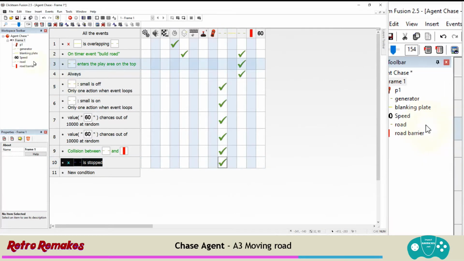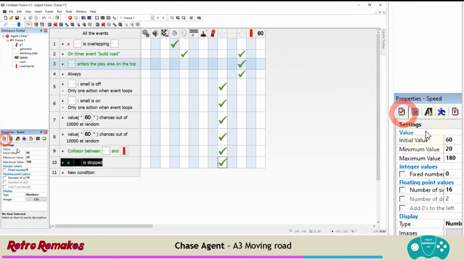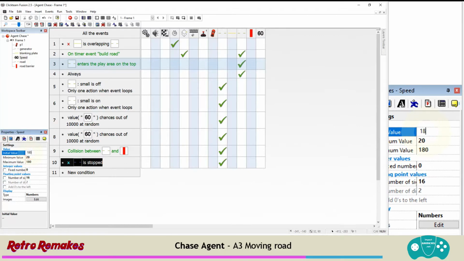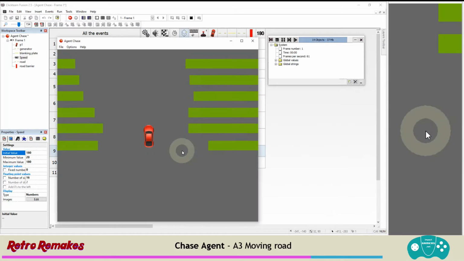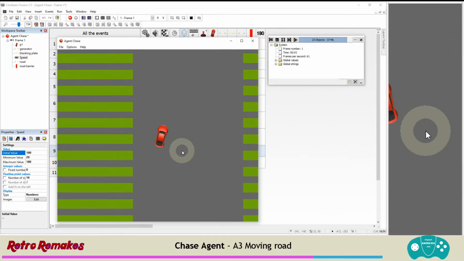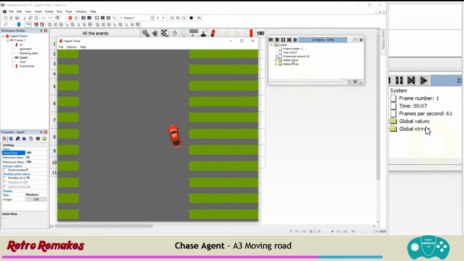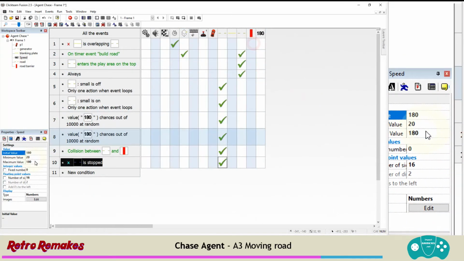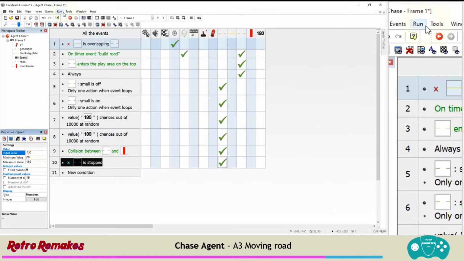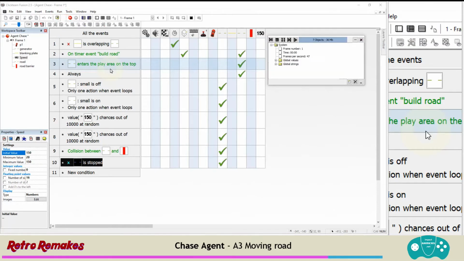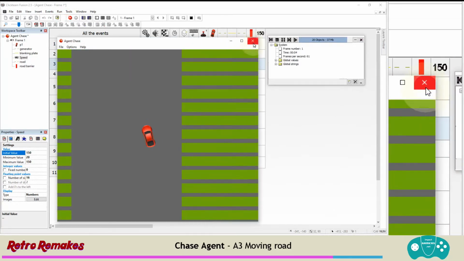So if we change our speed, it currently starts off at 60. If I go to the settings and change it to start off much faster at 180 and run our application, you can see that's a bit too fast for the road there resizing. So I'm going to change my maximum speed to be 150. So if I run that, still a bit too